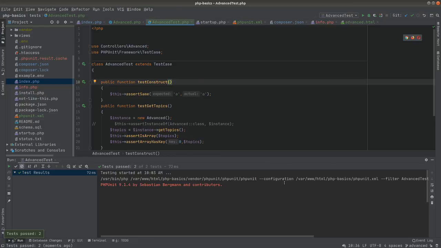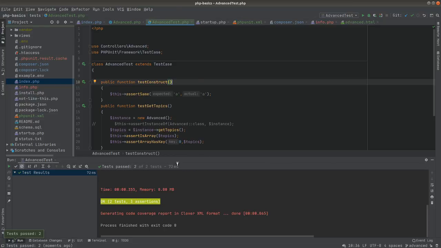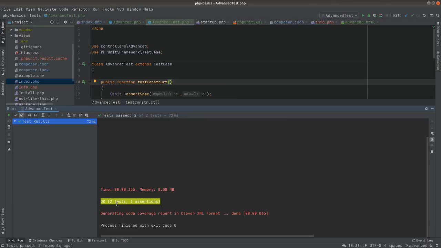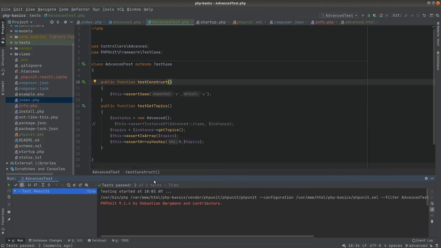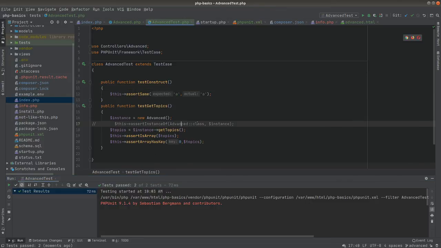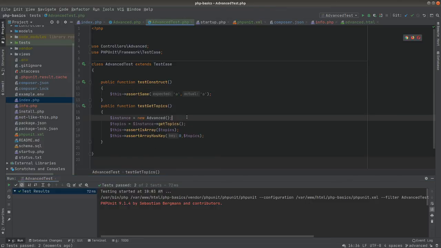Okay. And that looks better, doesn't it? So 2 tests, 3 assertions. That is all looking great. Okay, so we passed our tests, which is fine. Let's basically see what happened here. So at this point, we